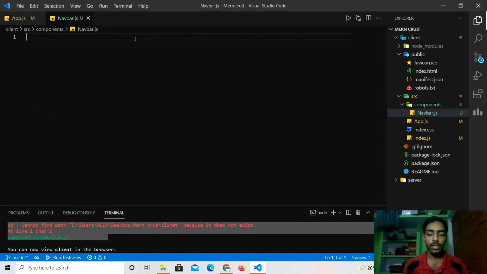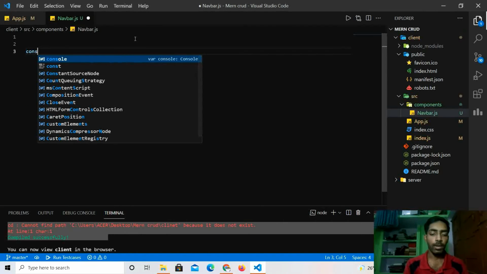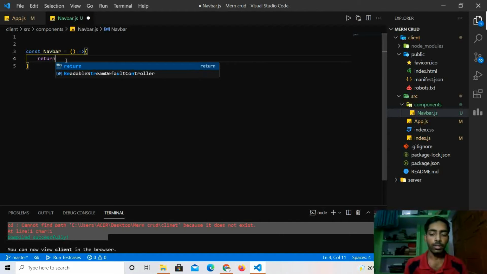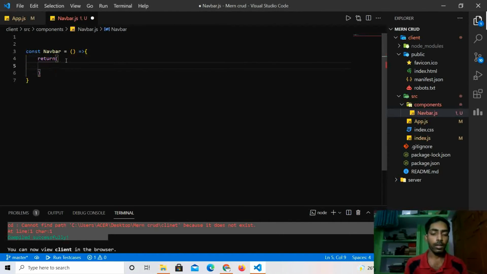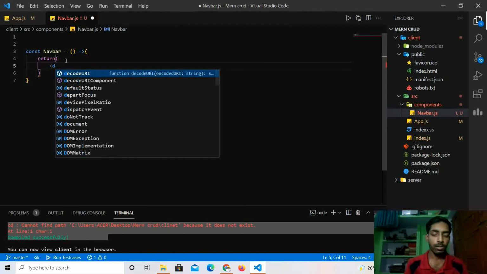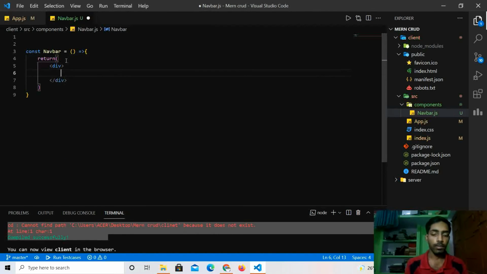And in navbar.js I'll create a function for navbar, const navbar equals to... I'm using functional components, and I'll simply use a return, right? And then let's suppose I pass one division, okay? And in the division, let's suppose this is navbar,